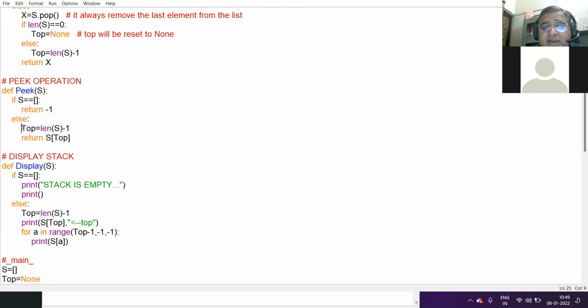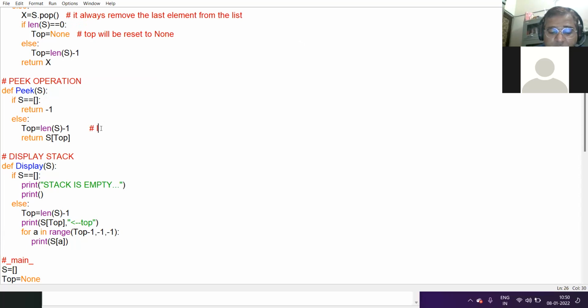In the else part, you calculate the value of the top, that is, what is the current value of the top. Okay, suppose there are 4 elements in the stack.